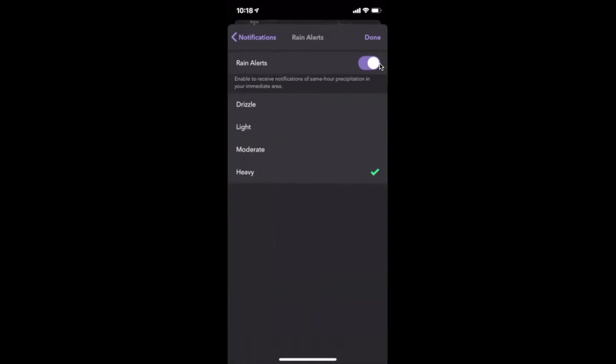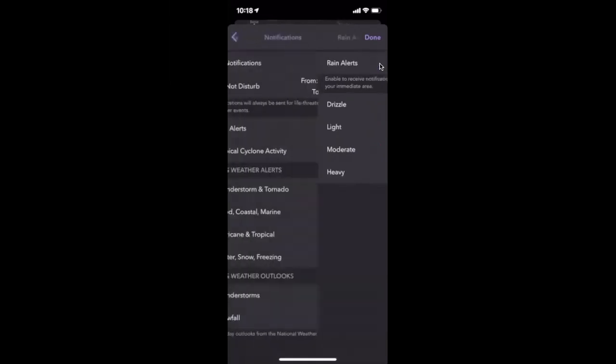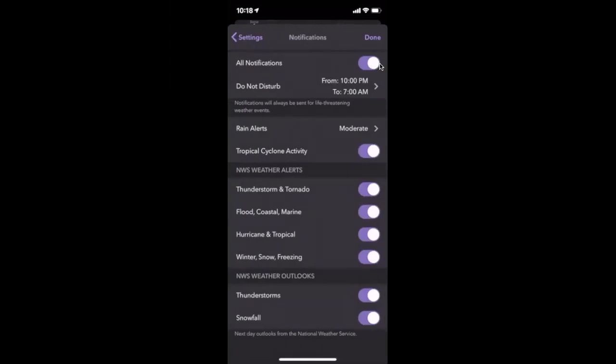Heavy means it's potential downpour when they're out servicing. Even moderate's good because then the rain will probably be falling steadily, and you'll just have to adjust from there, whether it's a poncho or whatever that might be. So like I said, it gives you a whole bunch of options. This is for free. Tropical cyclone activity, thunderstorm and tornado, flood, coastal marine, hurricane and tropical, winter snow and freezing,